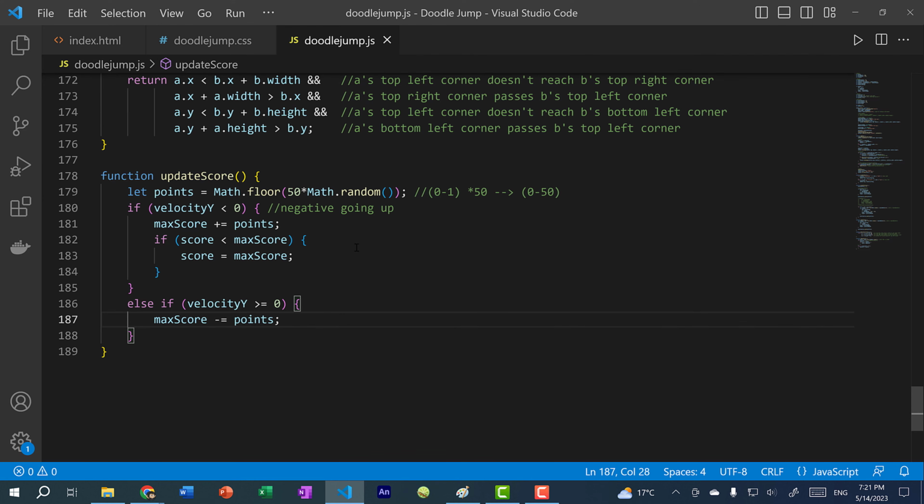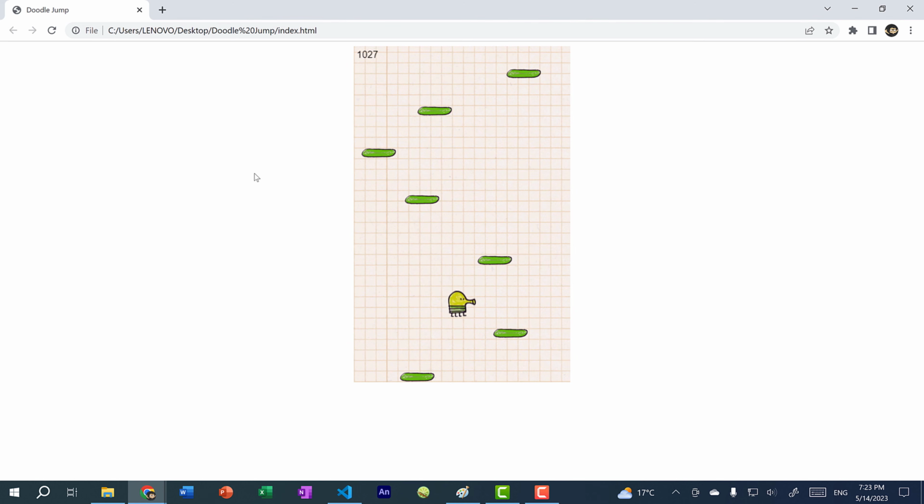Alright, so if I go up, my temporary score goes up, and if that temporary score is higher than the current score, then I'm updating that current score. Otherwise, if I'm falling downwards, I'm going to deduct from the temporary score. So if I go back up again, the temporary score increases in points, but I don't necessarily increase my actual score. Alright, so if I refresh the page, you can see I'm not gaining any points unless I continue to